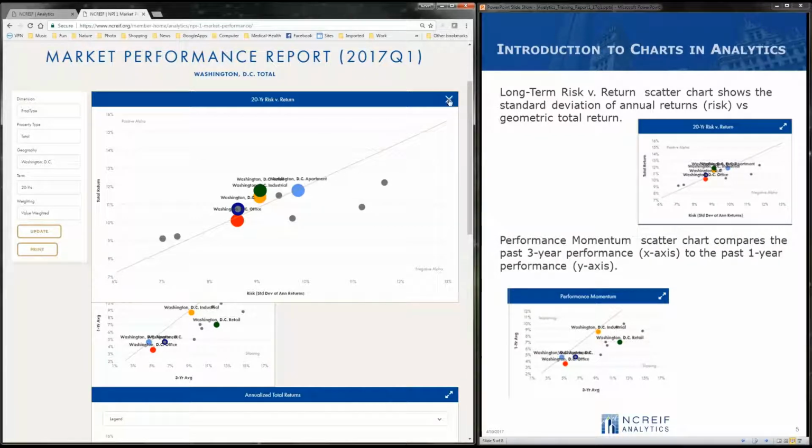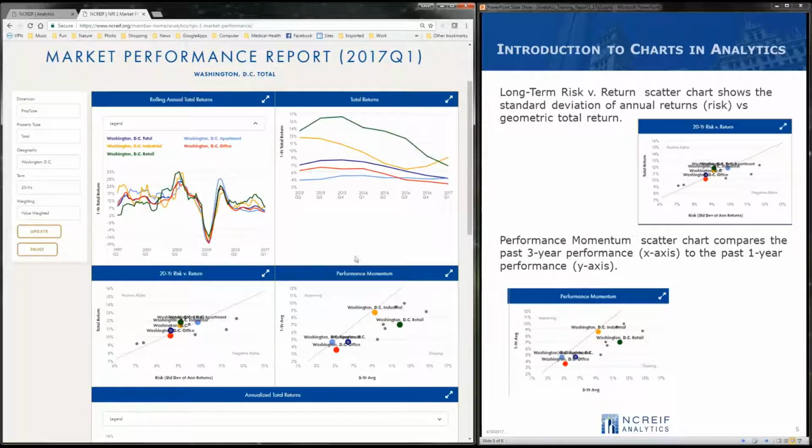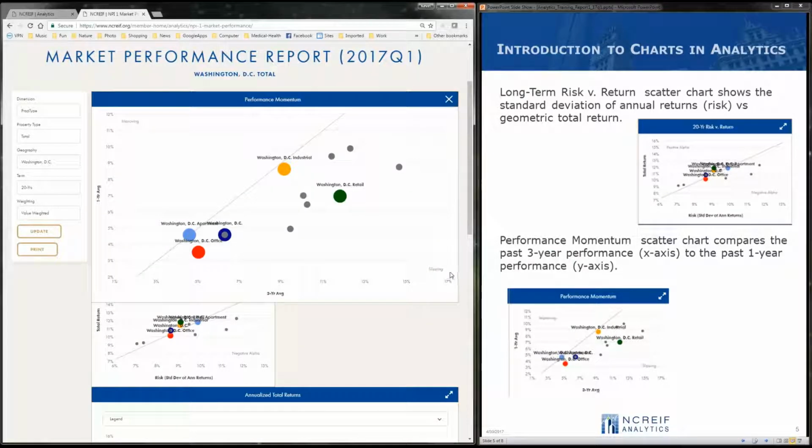The second scatter plot is the performance momentum chart. This chart compares the past 3-year performance on the x-axis to the most recent 1-year performance on the y-axis. Dots in the upper right corner are generally outperforming their respective other sectors for both 1- and 3-year periods, and